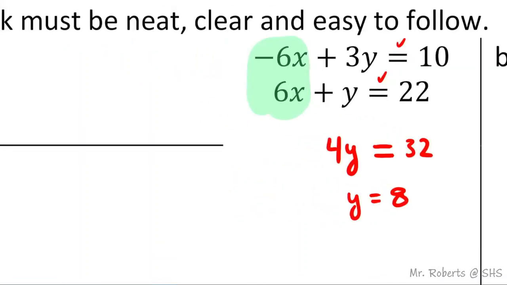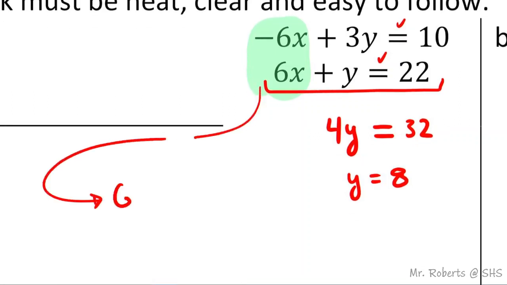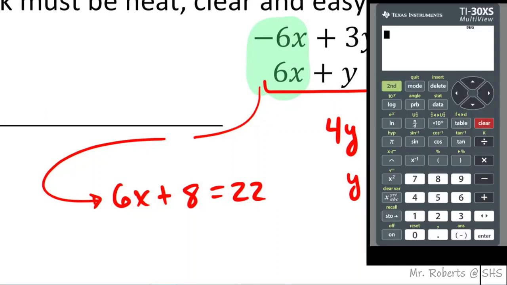Now we need to find x. What I'm going to do is use the second equation. The second equation right here, I'm going to use that to figure out what x is. I'm just going to go ahead and write that equation. It says, hey, 6 times the value of x plus y. We know that y is now 8, plus 8 is 22. If I grab my calculator, let's see, where is that at? There it is. Okay, I'm going to take the 22,